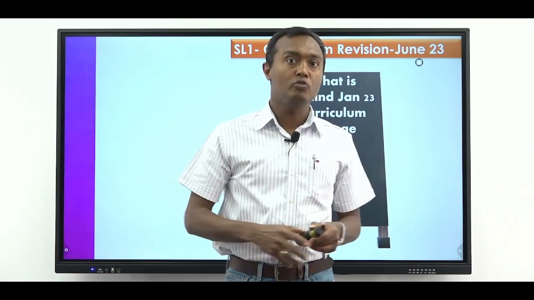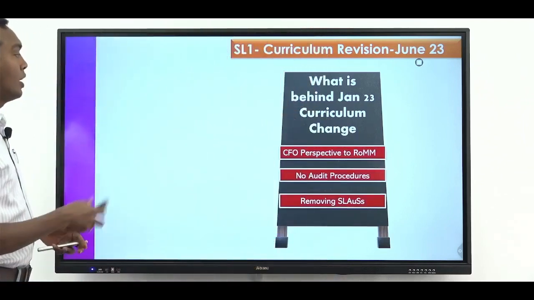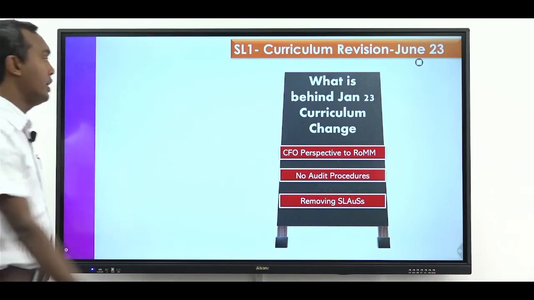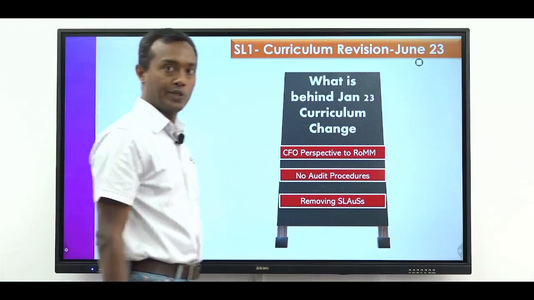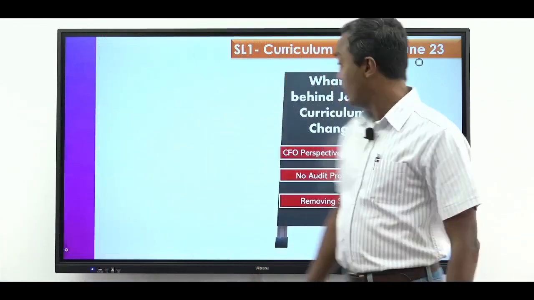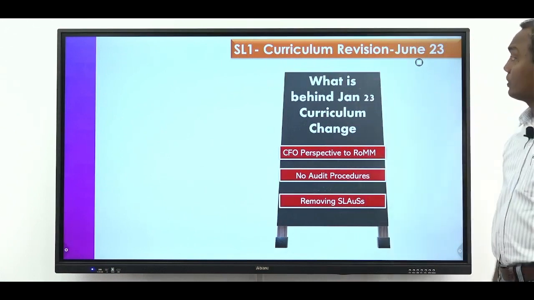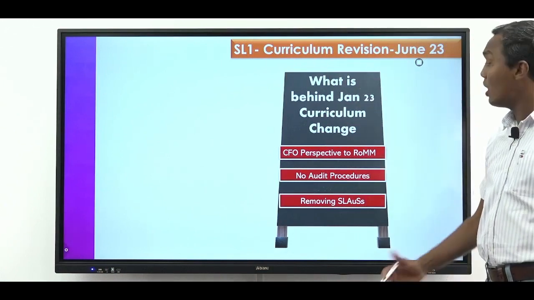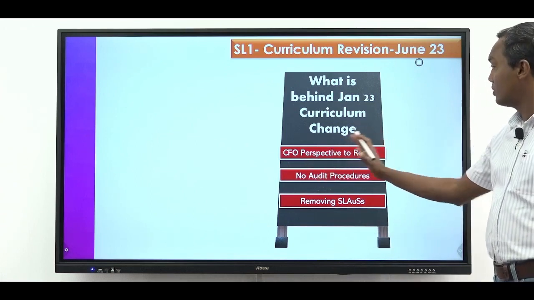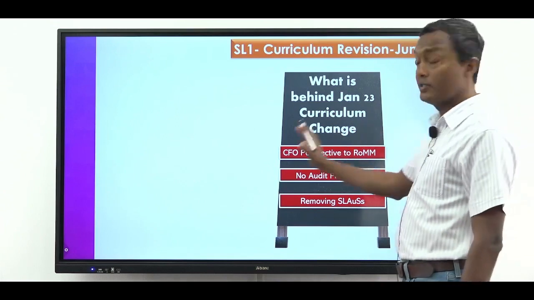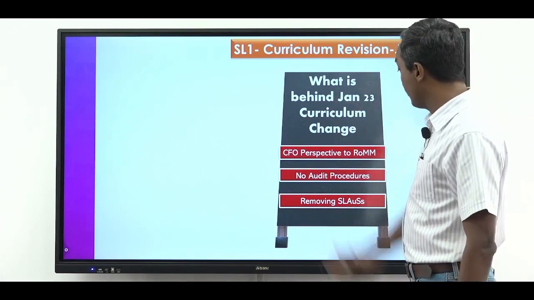after refreshing what these essential knowledge components are. Before I get into that slide, you can see this is something I presented to you at the start of the course. When this was announced, CA Sri Lanka issued some guidelines as to the rationale behind the change. There is a CFO perspective to risk of misstatement, and then there will not be audit procedures,